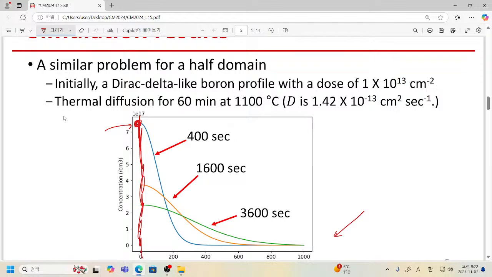So that is not possible. In this case, with the proper boundary condition of zero flux, now you can see that here is time elapse. Now you can see the decrease of this peak value, and you can see that since we are now talking about the